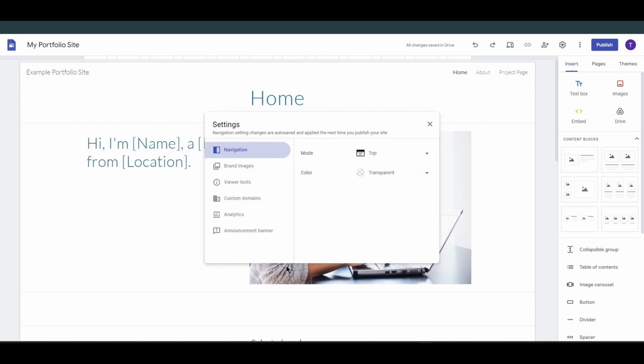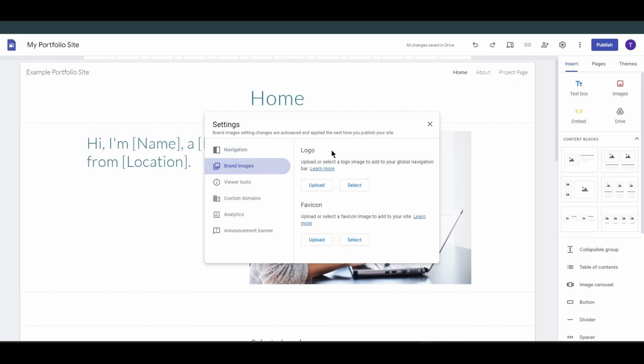Explore the site settings. You can change the site navigation, and brand images such as the logo.